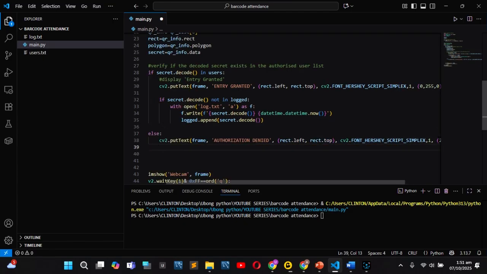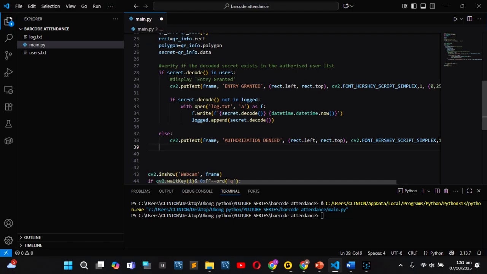Then the next thing we want to draw, now that we've put the frame there, is a rectangle around the QR code to show that it has detected the QR code. Right, just for aesthetics. So frame is equal to cv2 dot